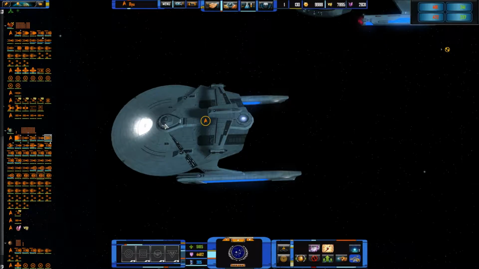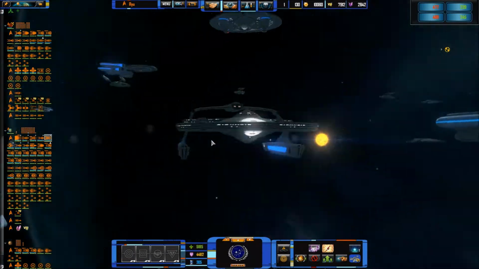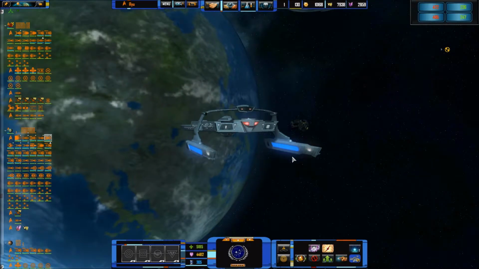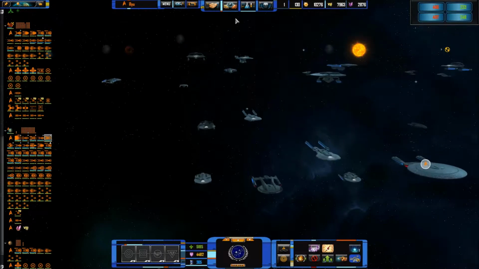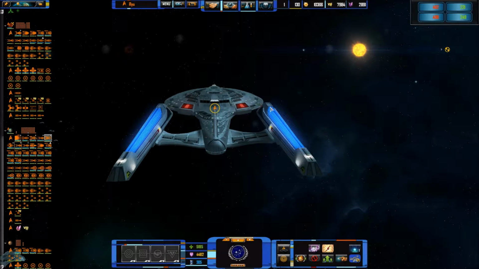Here's a Miranda class that you might recognize as Khan's ship from Wrath of Khan, aka the USS Reliant. Very nice ship design. I love the roll bar design with the photon launchers. And does it have? Yes, 1 and 2 on the shuttle bay doors. Where else? Do we have any more? Have a Sovereign class,